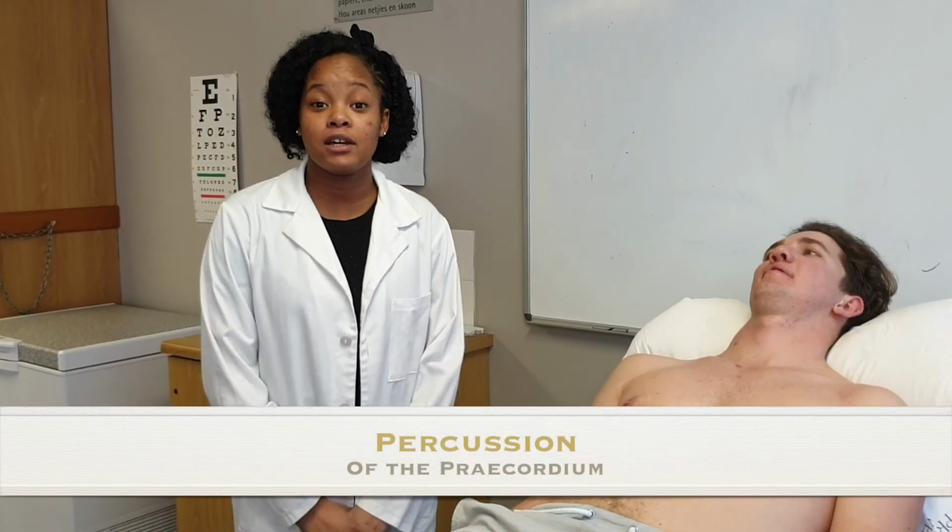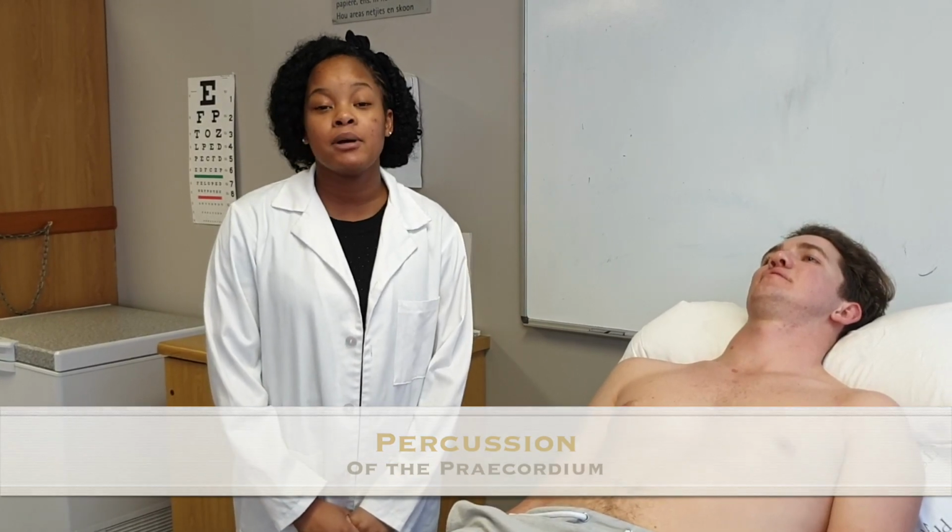The third part of the cardiac examination is percussion. Percussion is used to define the cardiac outline. When percussing, we start from the second intercostal space down into the fifth intercostal space, down the midclavicular line. We place the middle finger of one hand into the intercostal space and use the middle finger of the other hand on it